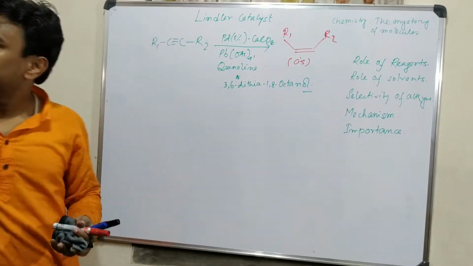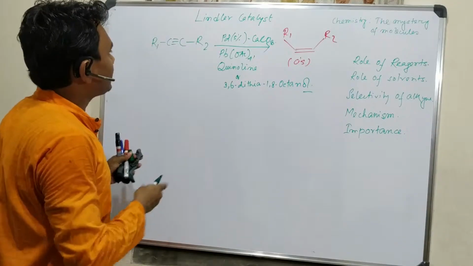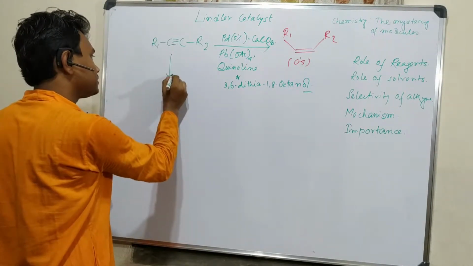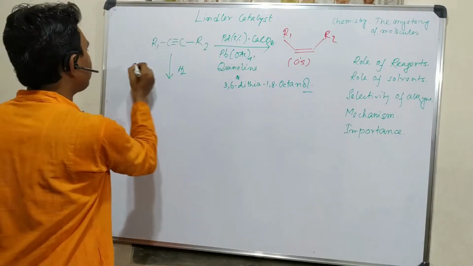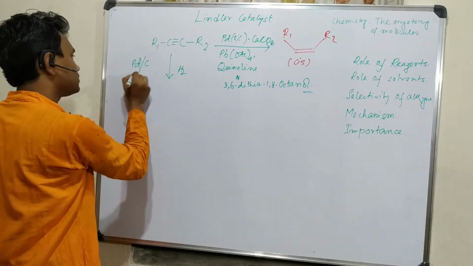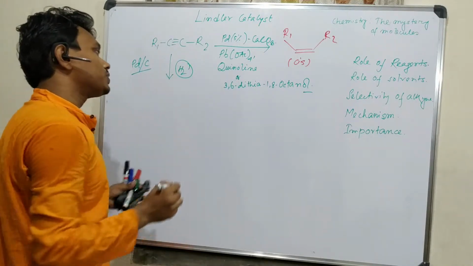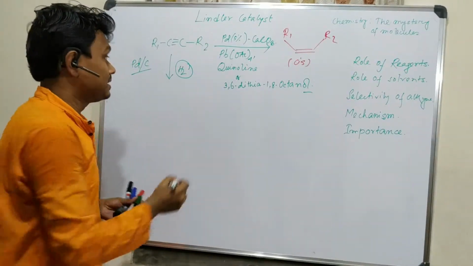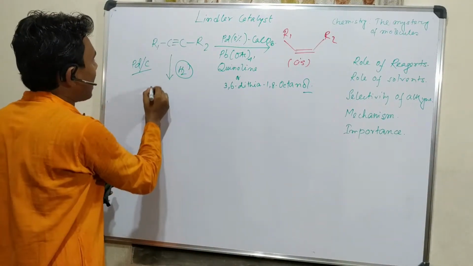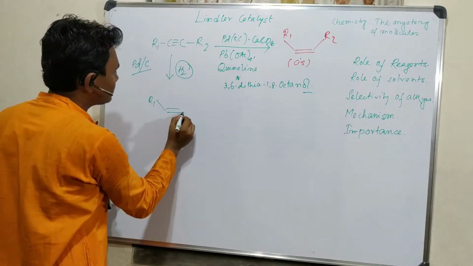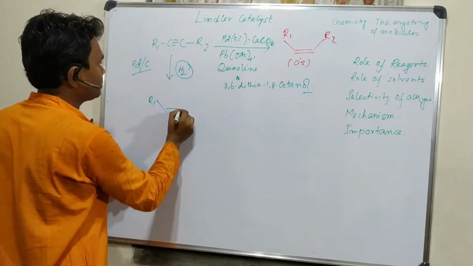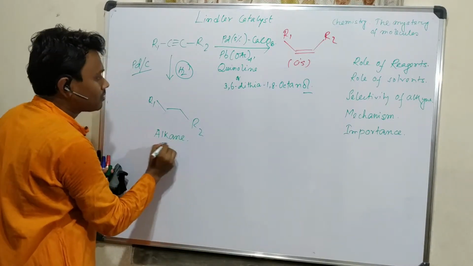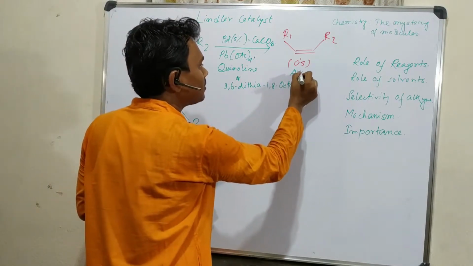What actually happens, if we see that, if this is reduced in presence of hydrogen and simple palladium charcoal. Always keep it in mind to write hydrogen, because many times we write reducing agent but not the hydrogen gas. So don't make this mistake. And ultimately it results in complete reduction. That is alkane. But this is alkene. So